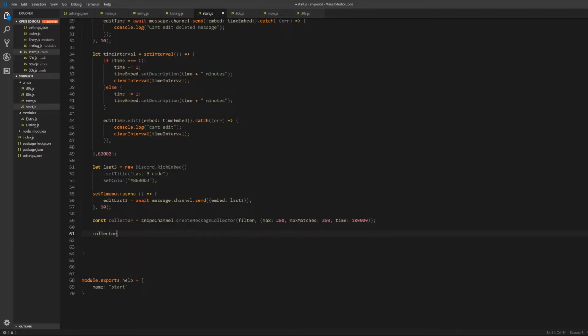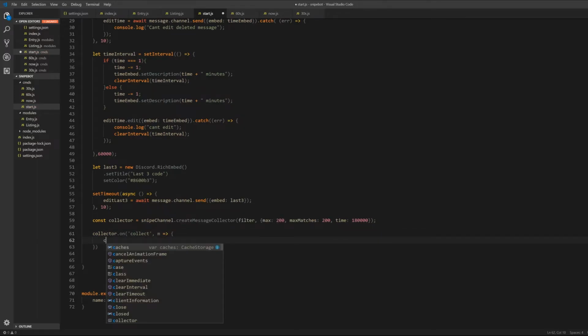So we're going to use collector.on, which turns it on, and the event we want to use is collect, because we want it to collect. So we're going to write m. That's going to be our message that we collect. That's just going to be a variable temporarily. So we can console.log